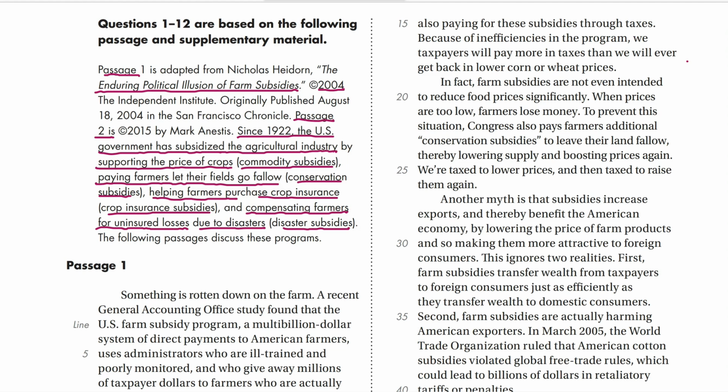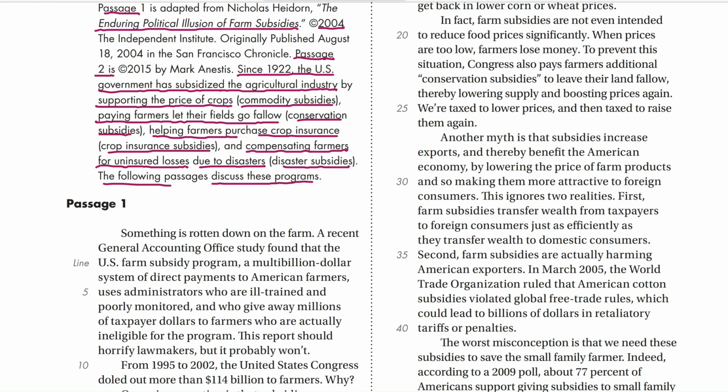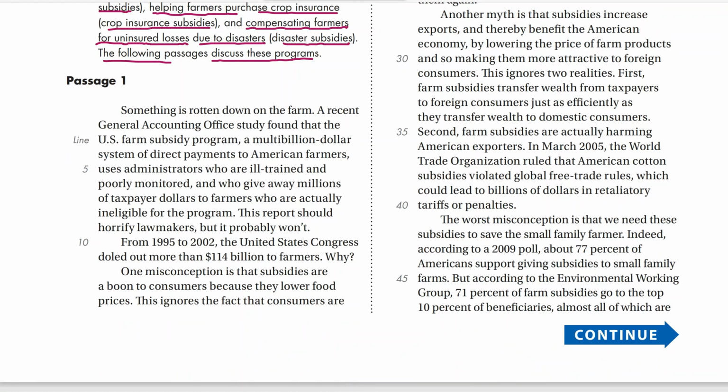Did we understand, guys, what the word subsidies means? Subsidies are financial aid provided by the government to the farmers. And we said there are different types of subsidies here. The following passages, both of them, discuss these programs. And of course the following passages are written by two different what? Authors or writers. Okay, we have taken that. So we learned here something very important, professors: what subsidy means, what subsidize means, and what it means to leave your land fallow, like uncultivated, and why. That's the blurb. Let us go to the first part of passage number 1